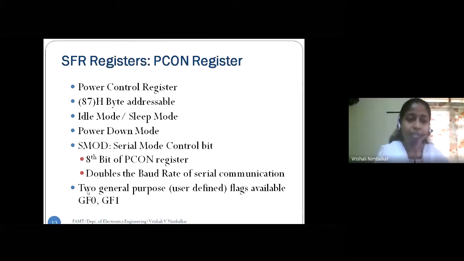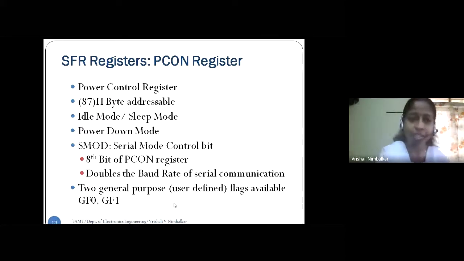And see, what is this PCON having? The last statement. PCON has 2 general purpose user defined flags available. So we have 2 more user defined flags, GF0, GF1. We had seen one user defined flag F0 in the PSW register. And now we have general purpose user defined flags in PCON also, and there are 2 in number. So the user can make use of these flags, as I said, to get an indication of whether an event has arrived or not, or whether some operation is going on or not. Is that okay? So we have 2 additional general purpose flags in PCON.